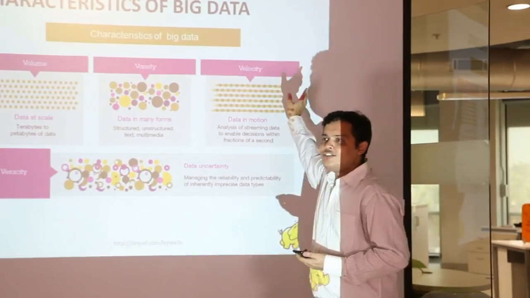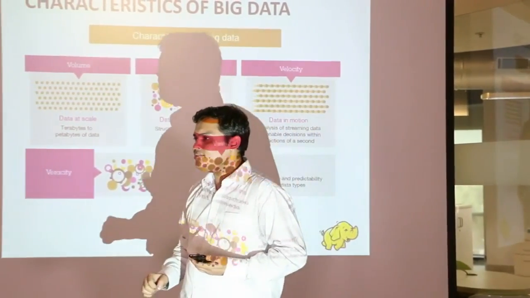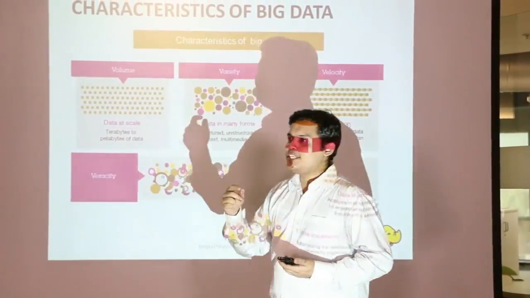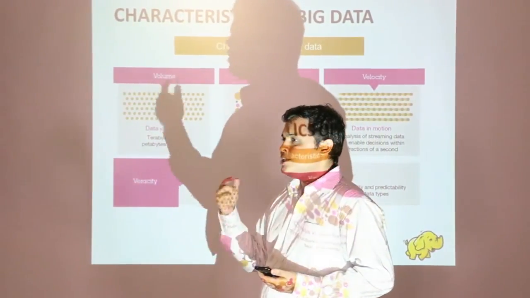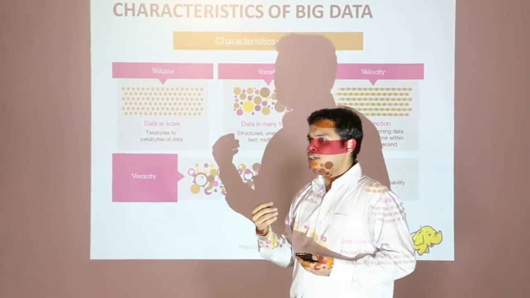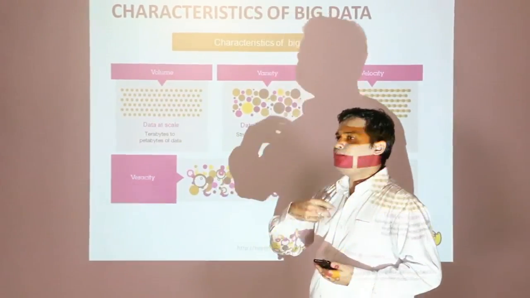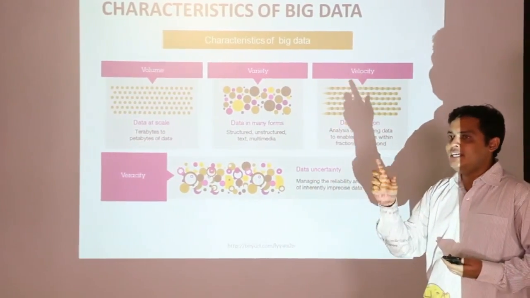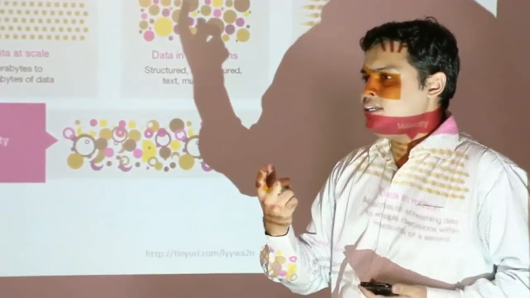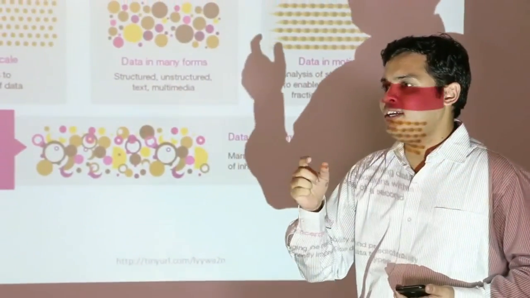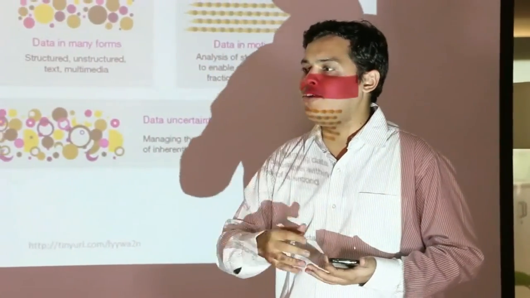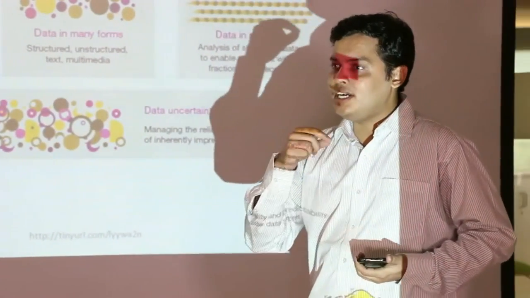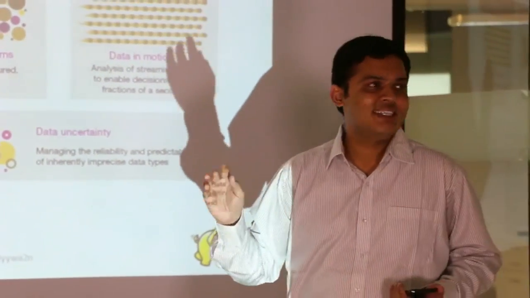Velocity. Can you think of a good example of velocity? Let's say I walk into a store and there is a webcam with a live stream: Bhavin has entered the shop. You should identify Bhavin and give him a particular offer. The stream comes in very fast. It's not that you take the stream, then process the data and use the output, because by that time Bhavin would have already left the store. So the turnaround time has to be pretty quick. Are you with me?